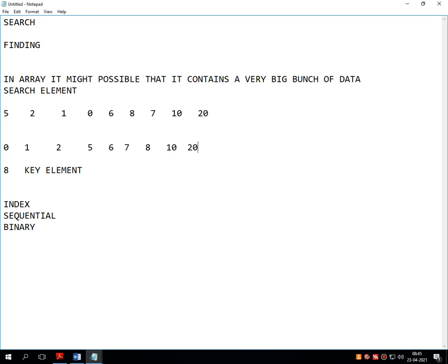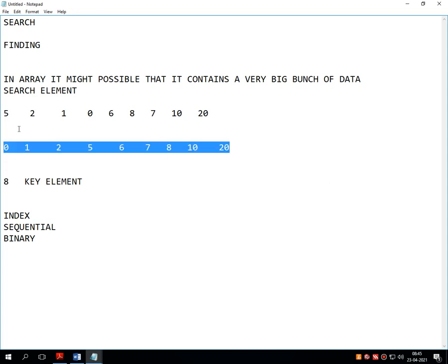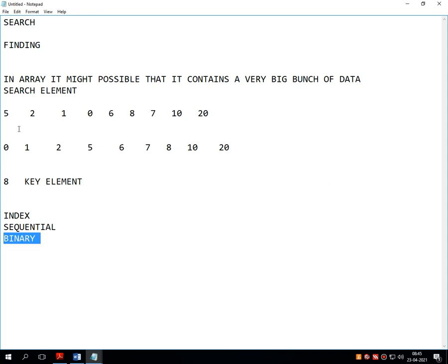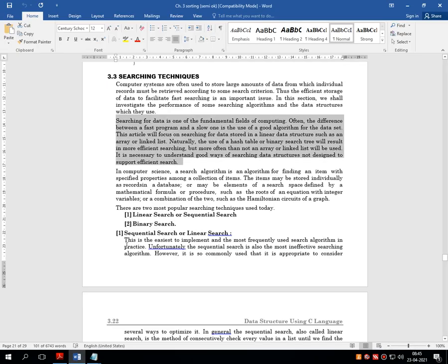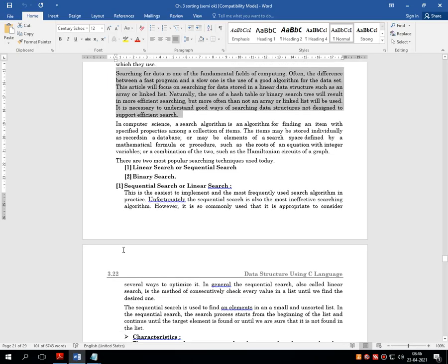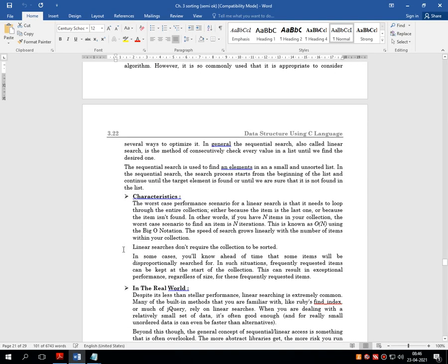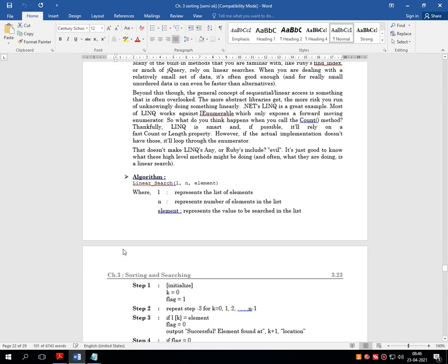All the unsorted numbers should be converted into sorted ones, and then by comparing the element with numbers stored inside the one-dimensional array, the search becomes successful. That is called binary search. So this was the small theory part of the various searching techniques.